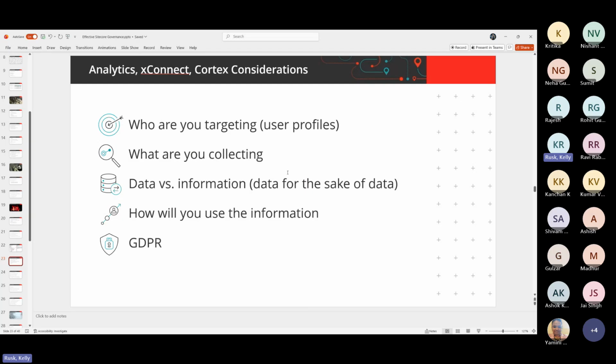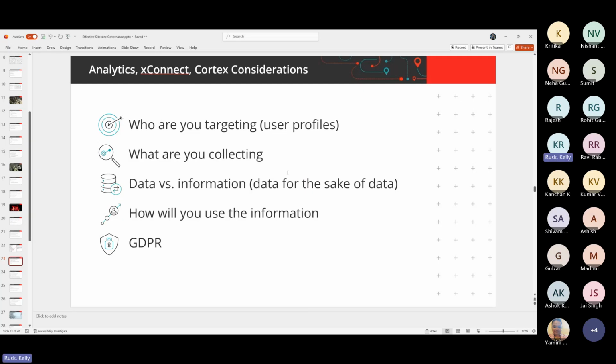You might say, hey, I want to capture all the users who come to the website. That's great. Maybe you just want to have Google Analytics tell you how many users are here. But if you don't use that information, why are you collecting it? So you need to understand from an analytical perspective, a personalization perspective, even an artificial intelligence driven aspect, are there any rules and regulations such as GDPR I need to follow?